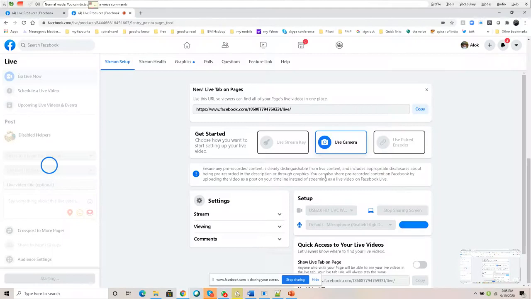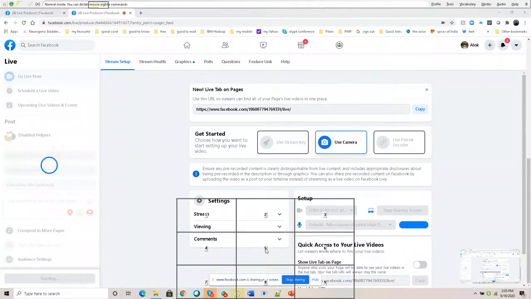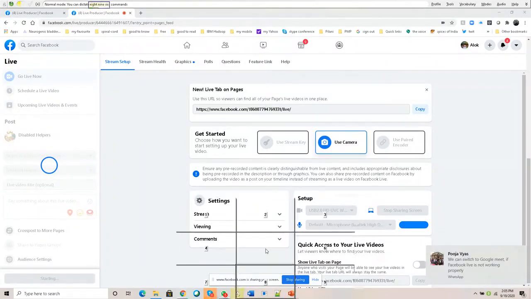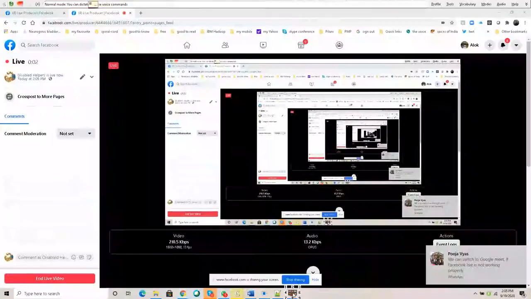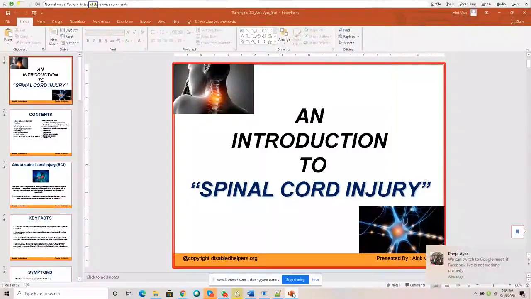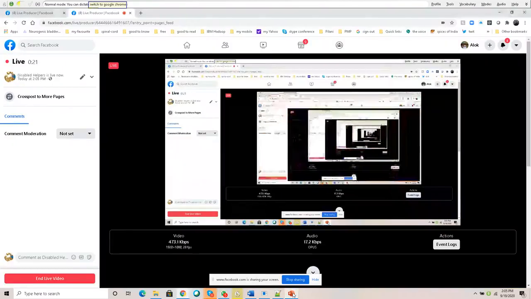I am a spinal cord injury patient. I got the spinal cord injury at the level of C4 to C6. I will explain about the various levels in the coming slides. After my injury, I have learned a lot about it. But before the injury, I did not know anything about spinal cord injury, due to which many mistakes